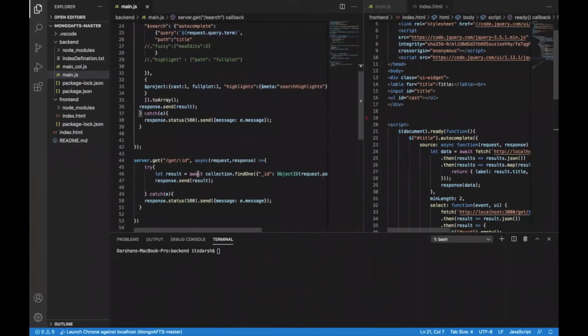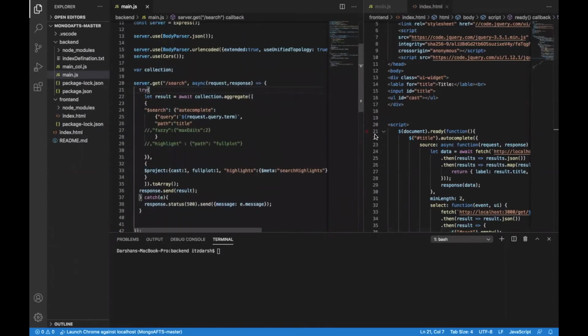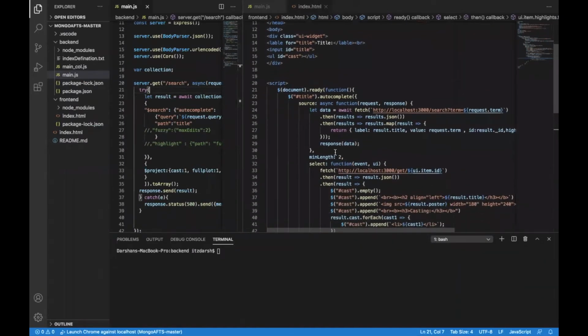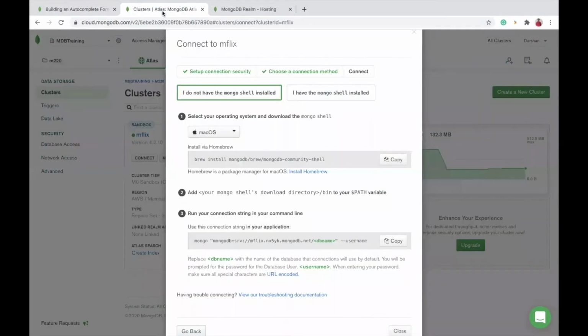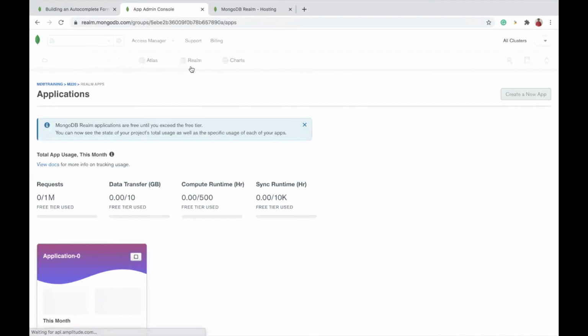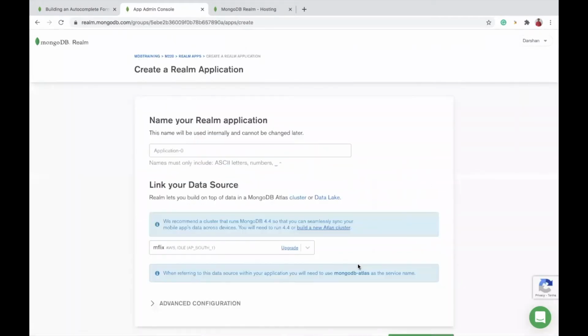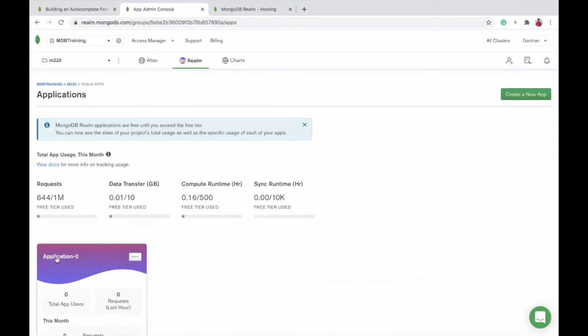It is running on localhost with port 3000. And this is my front end application. It is written in a sample HTML file, and this has been hosted in MongoDB Realm. MongoDB Realm is a new entry to the MongoDB ecosystem where you can host your application and build your serverless application. In order to host my index.html file, I should create an application using the create new app button. I already have an application here.